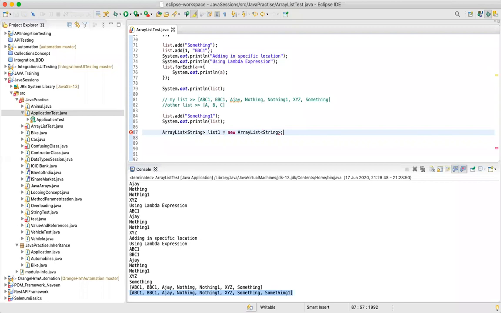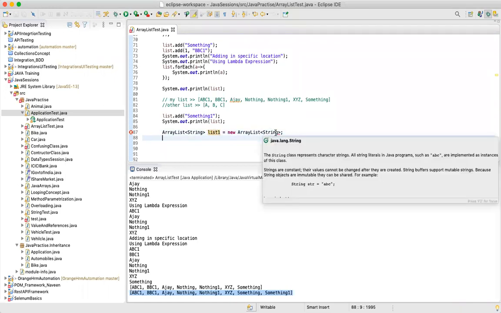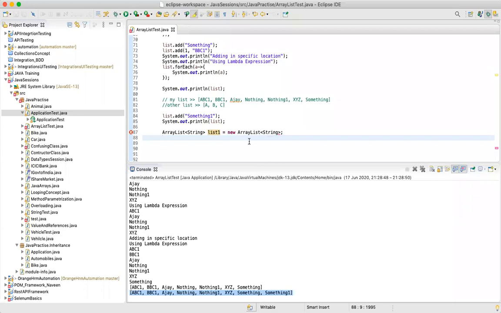Simple. So what I've done over here is I have created a new variable of array list. Earlier I had a variable as list. Now I'll create a new variable as list 2, which would be a new array list. Okay. What does the string class represent? Bracket you are forgetting.